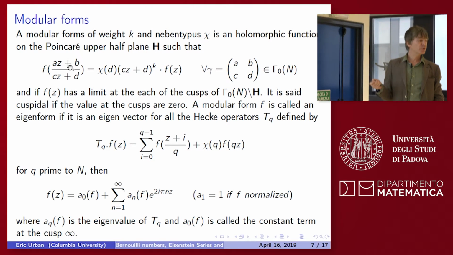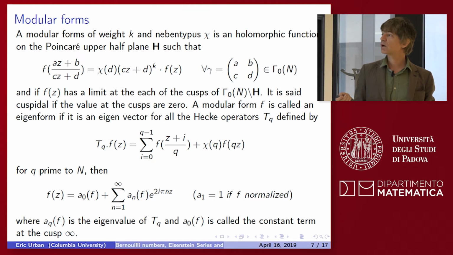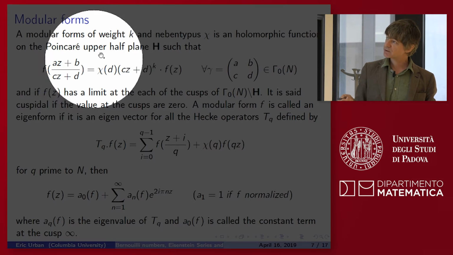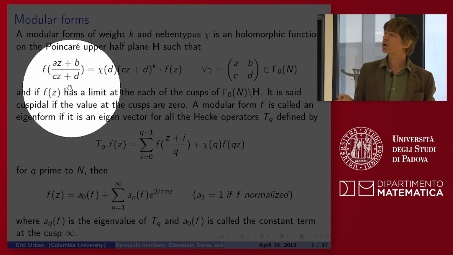The Poincaré upper half plane is the set of complex numbers of positive imaginary part. And you can see easily that if you take a matrix (a b; c d) in SL2(R), then